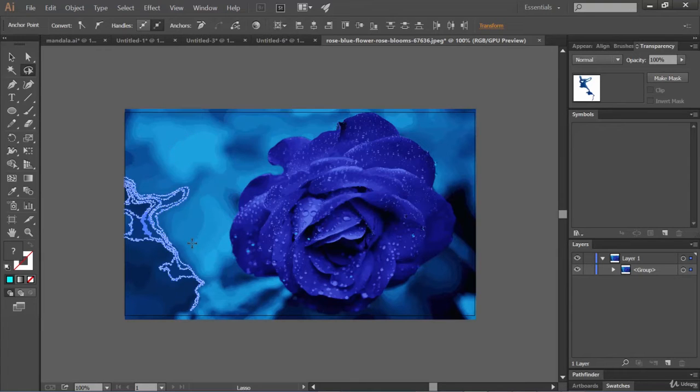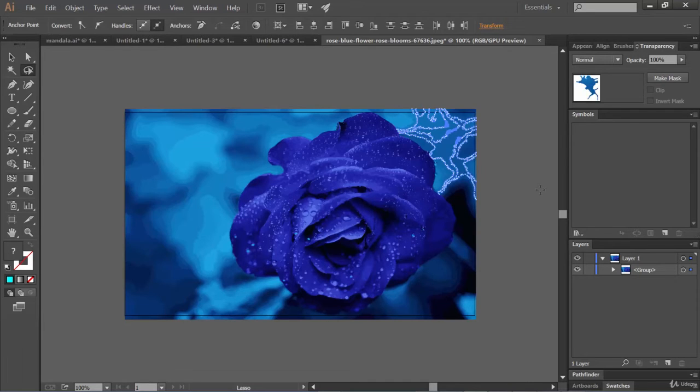Let's select this area and see, all those colors which are similar to that color got selected, but only in that part of the image. See, let's click here, let's draw here and see only this part got selected.